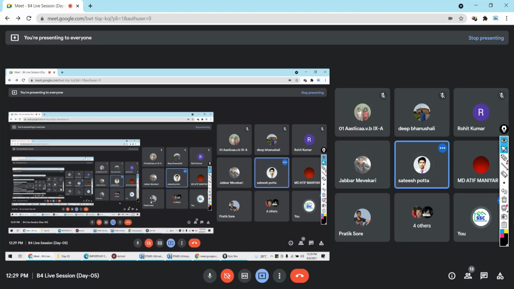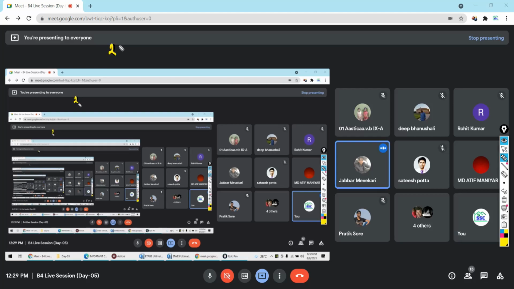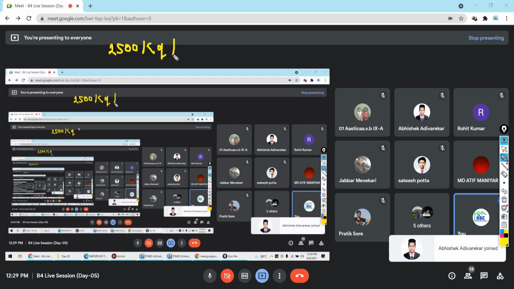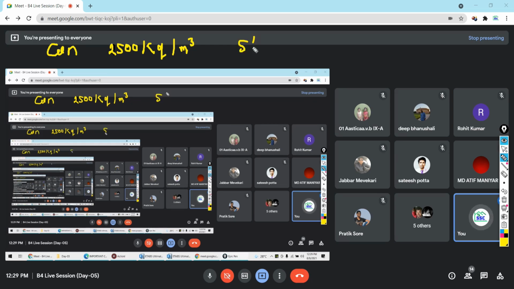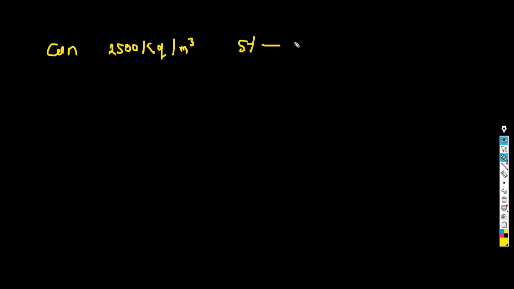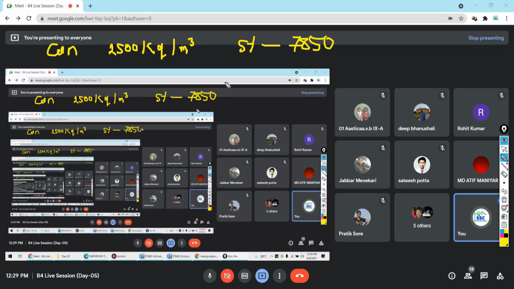So the density of concrete is 2500 kg per meter cube, and for steel it is 7850.